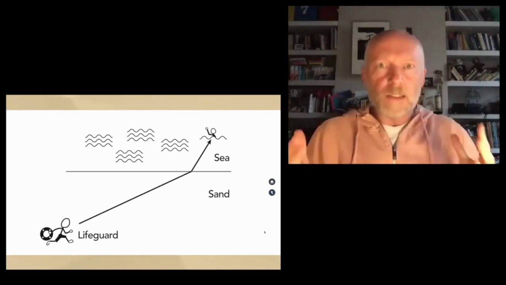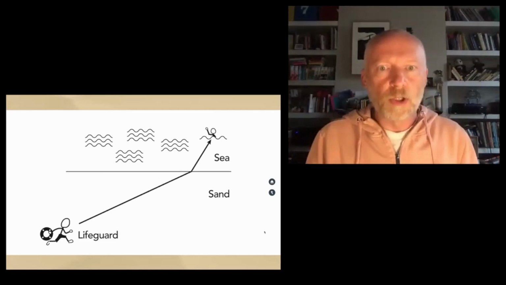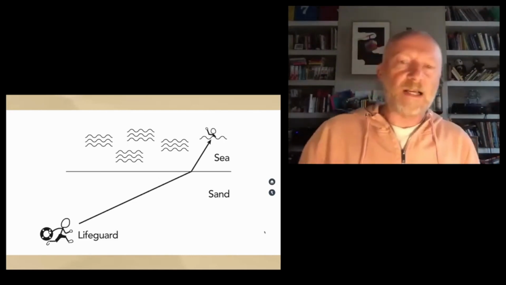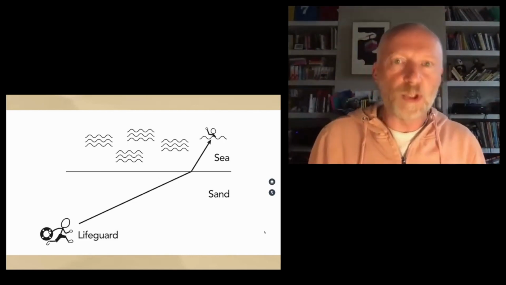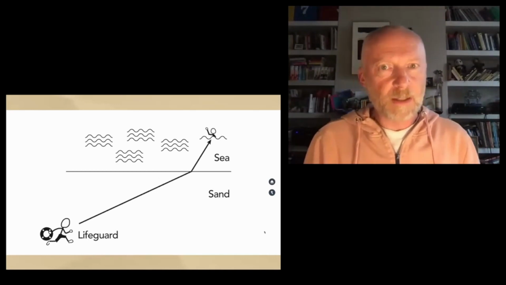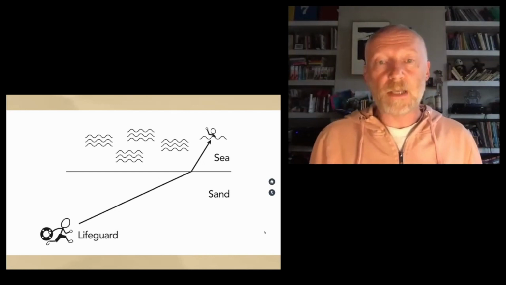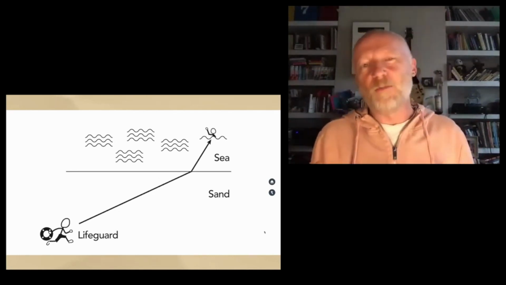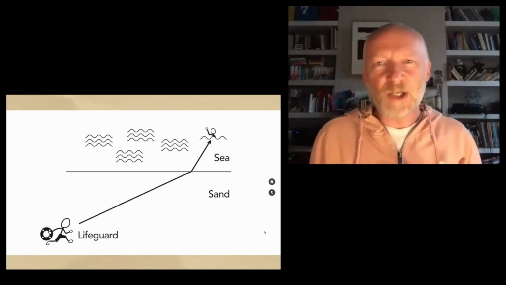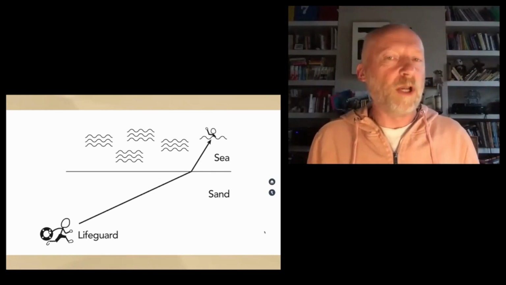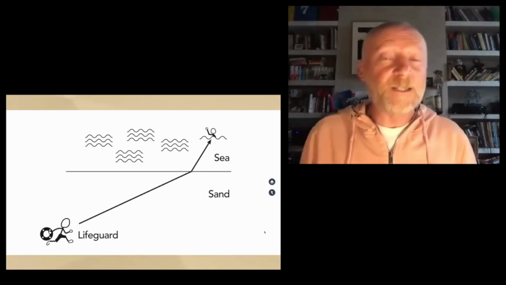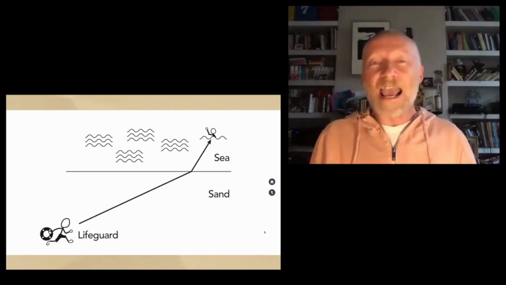So this again is, what's the shortcut? I could run as much along the sand as possible and then have the shortest bit into the sea, but that probably isn't the most efficient way. And it turns out that nature has already solved this problem, because we can set up the same problem with light. Light always finds the shortest path from A to B.